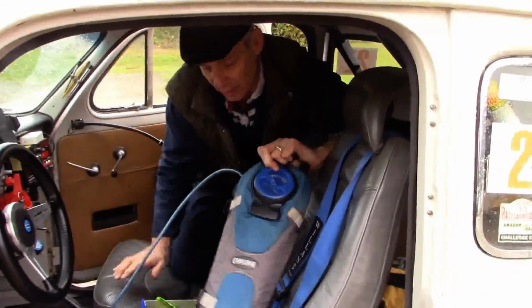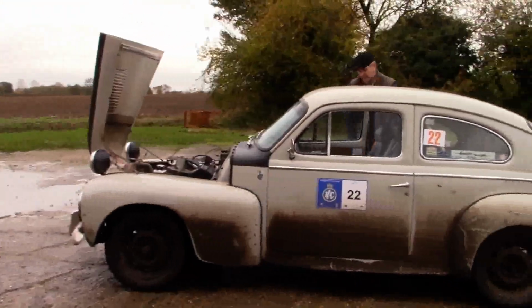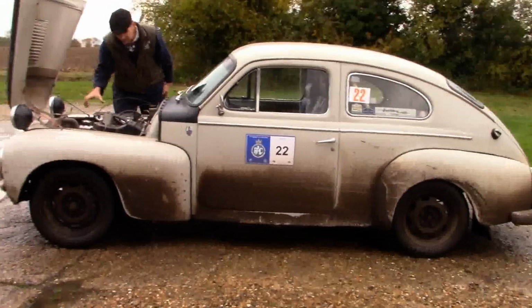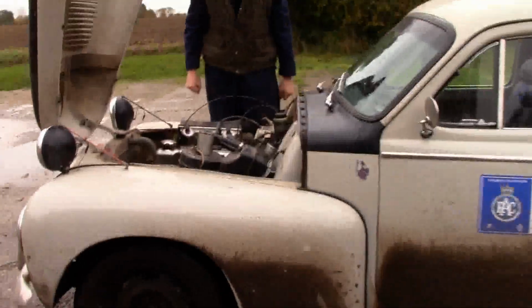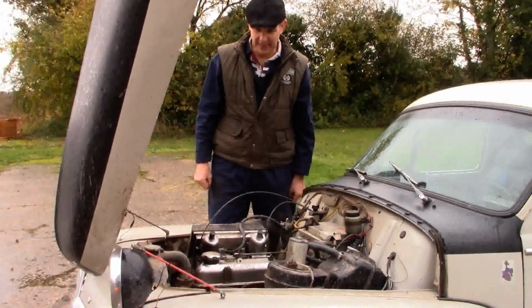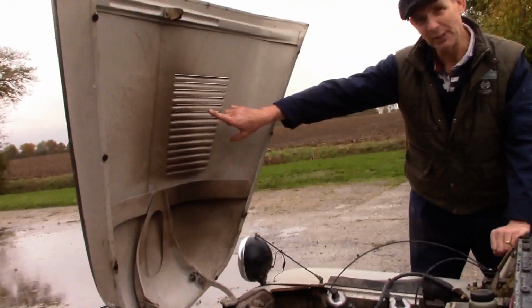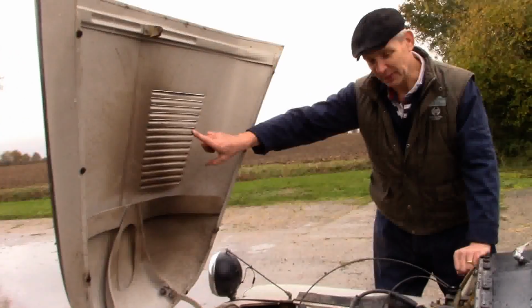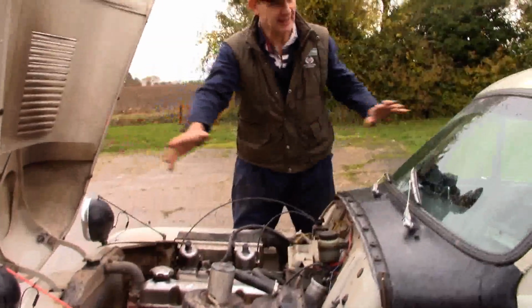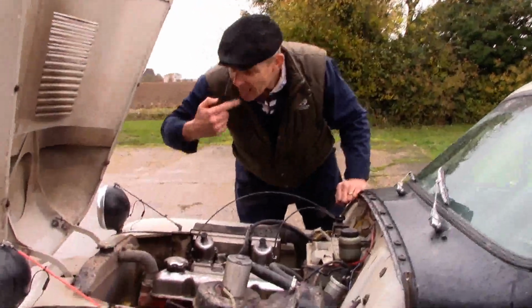Okay, I'm just going to show you around the car now, see, look at all the mud. Okay, so we hit some big fords during the event, and hence the amount of muddy water that came in here. One ford in particular should look very impressive on the videos, because we hit it in second gear and then dropped down to first halfway through it. So we hit it with big force. Felt like there was green water over the top, not spray, and hence the state